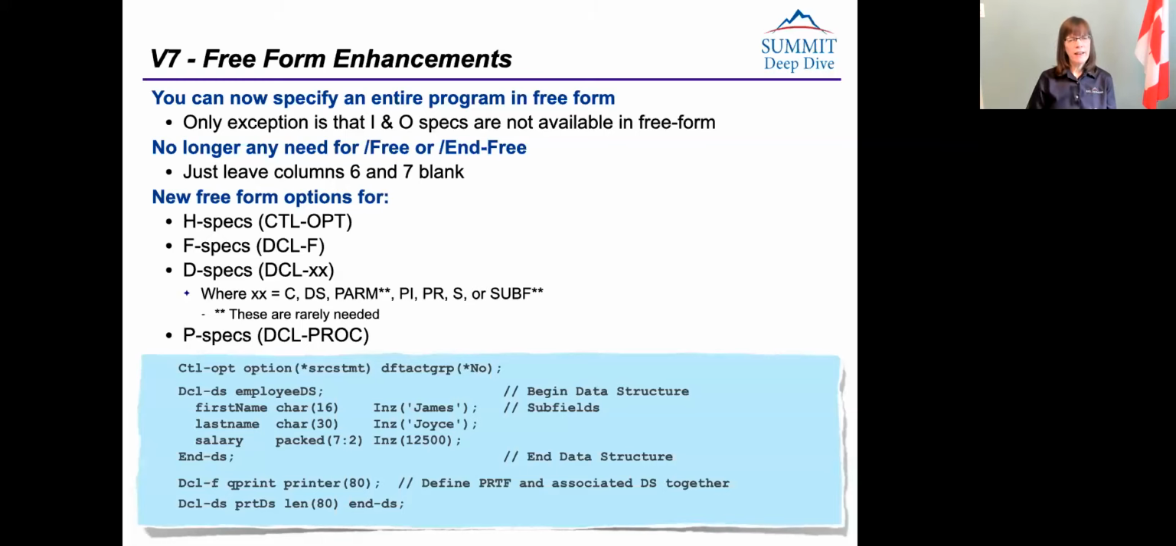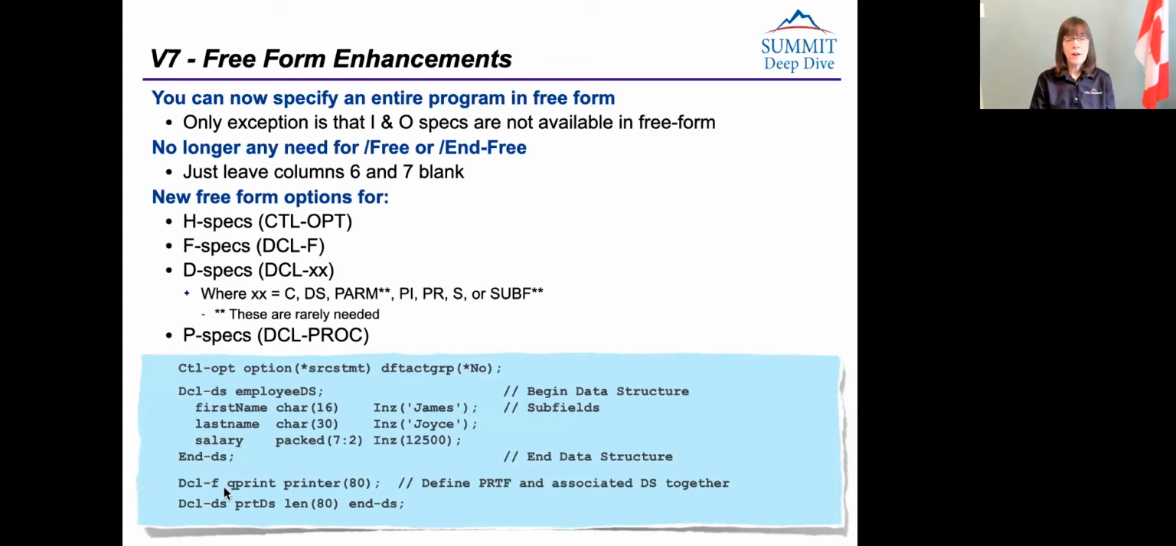So what we're talking about here, again, are the replacements for the H specs, which is the CTL-OPT control opcode, F specs for DCL-F, declare file, D specs, which is a DCL-DS and a whole bunch of other options that we're going to go through. And also the P specs have been replaced with also a DCL, but specifically the DCL-PROC for declare procedure. So you see a quick example here of each of those, not every single option, but we have the CTL-OPT showing up here, which is the replacement for the H spec. We have our data structure with the DCL-DS, with its subfields, we have our file, and